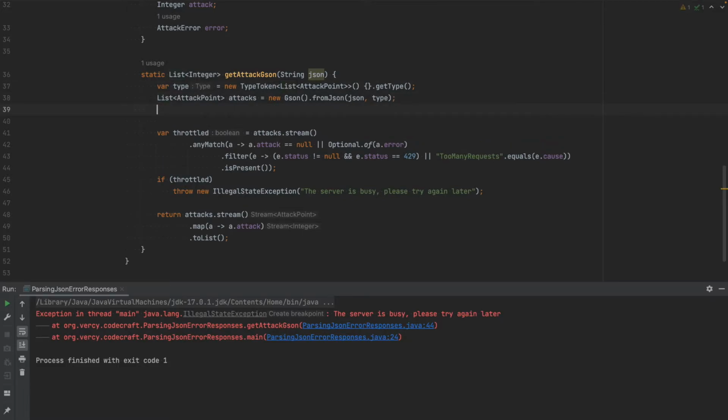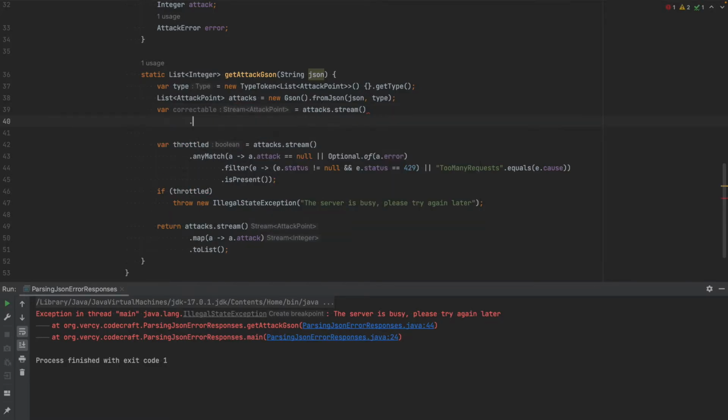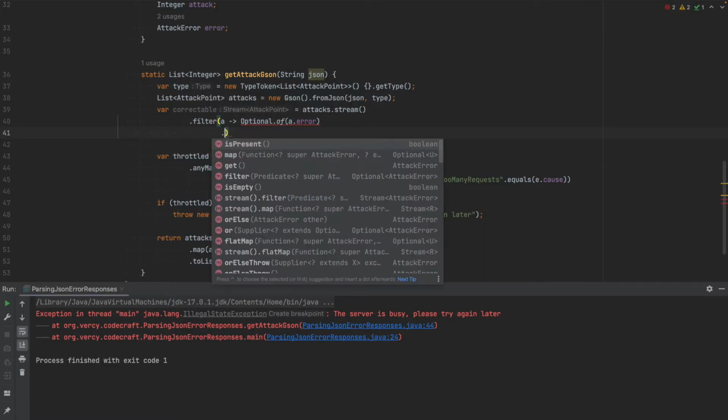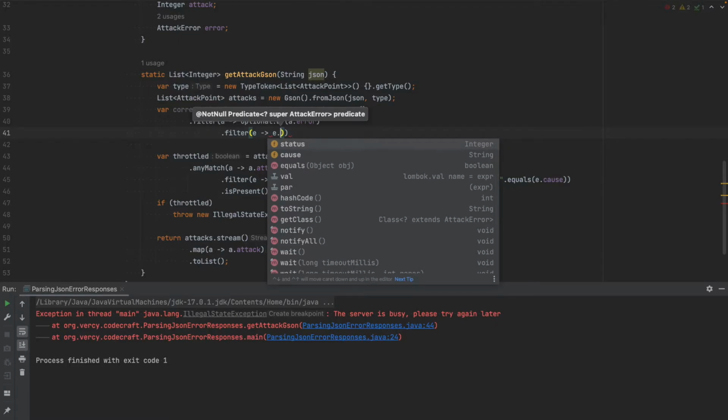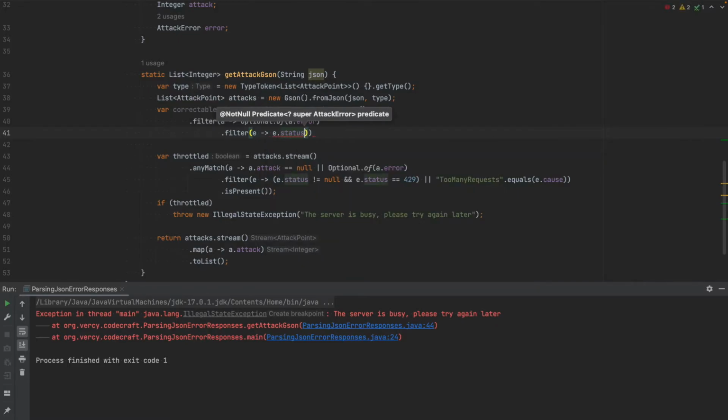So we need to filter one more time and get the correctable errors. And we are going to use that again using the Stream API filter for the attack when, and this time it's going to be a little bit simpler. We are going to use the error and filter for that. If the error status is there and it is 400,